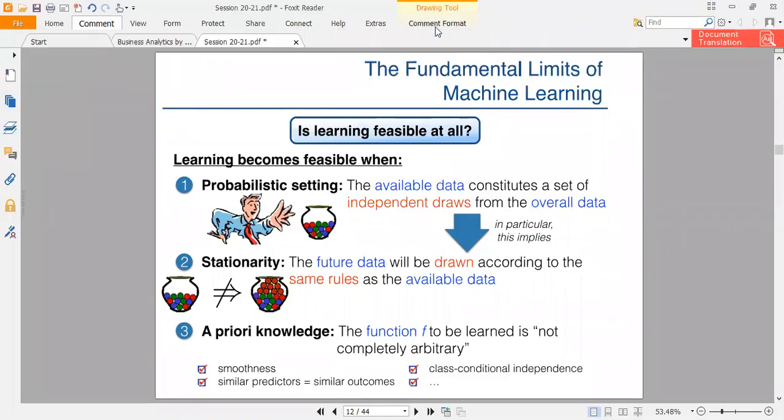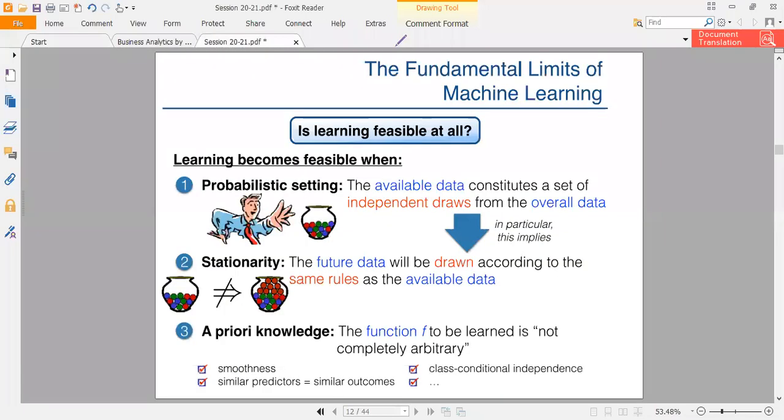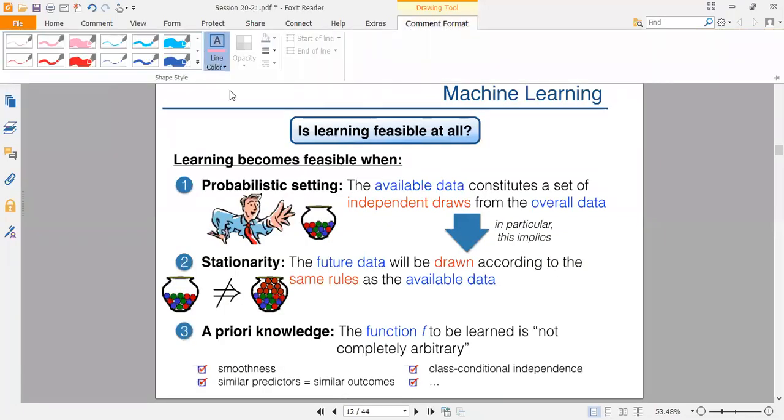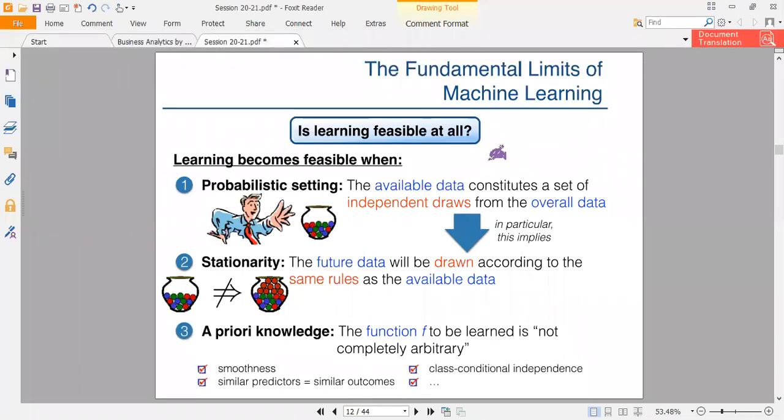Okay, comment format. It might be here. Okay, so let's say you have a line like this. Again, it's not working. Okay, so